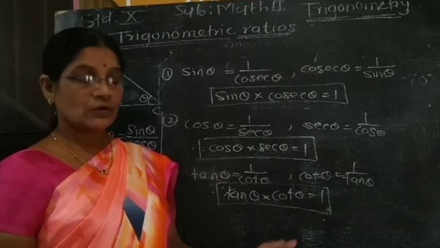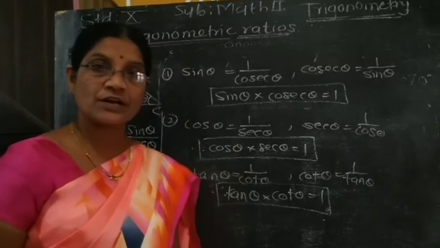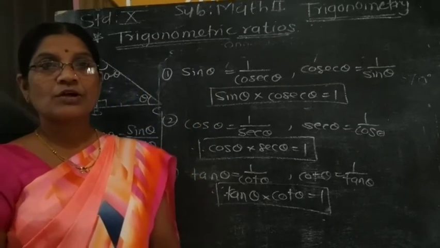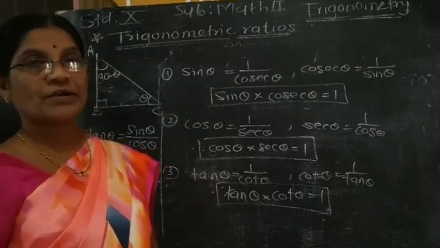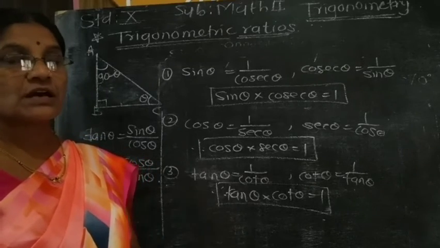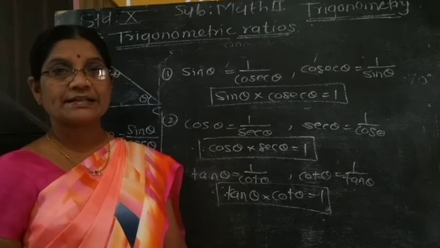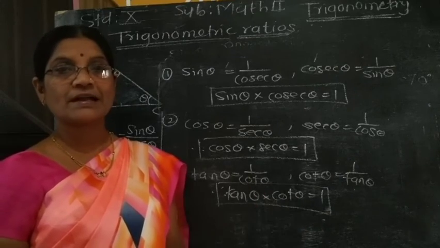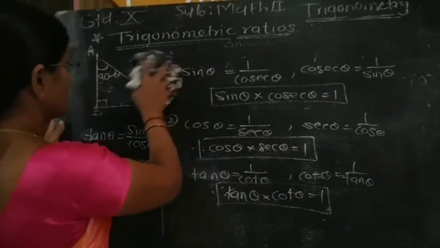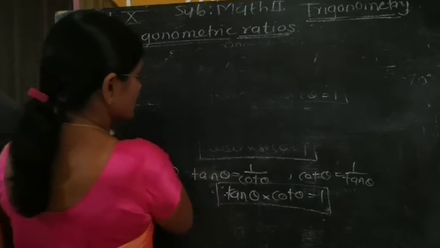Now also the values of trigonometric ratios. We have to find out the values of trigonometric ratios. For that, first I explain to you about the 30, 60, 90 degree theorem and the 45, 45, 90 degree theorem. We already learned that in 9th standard. See here,